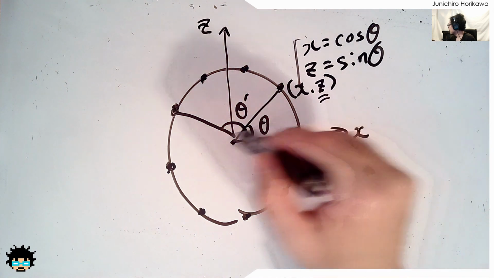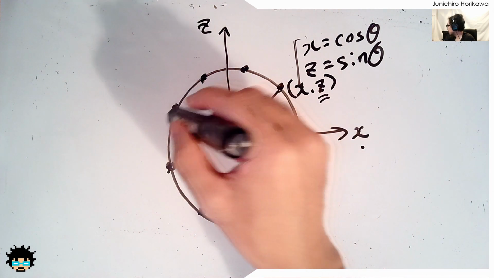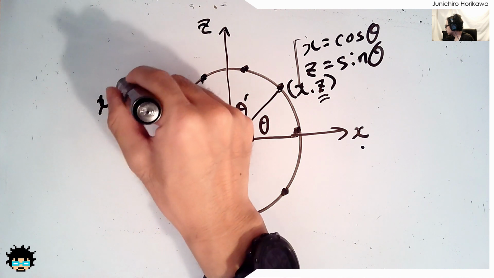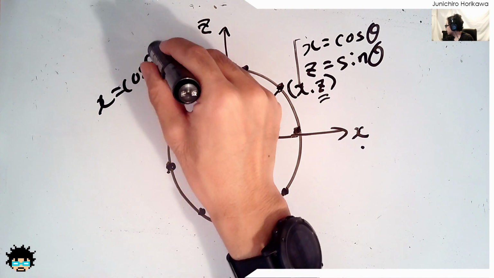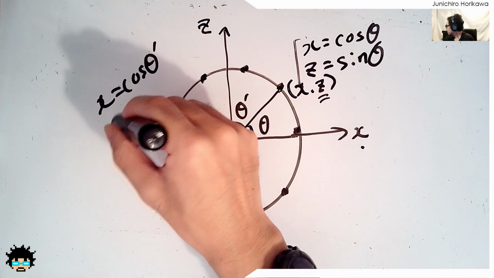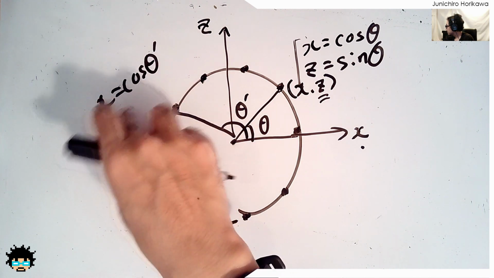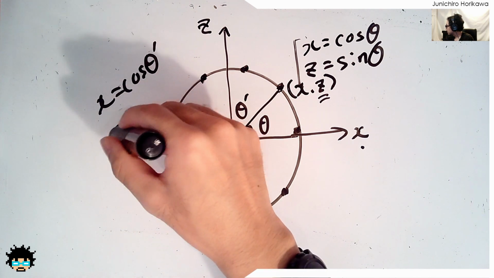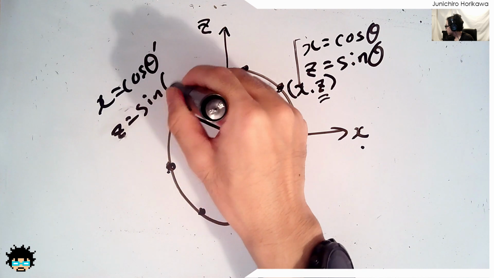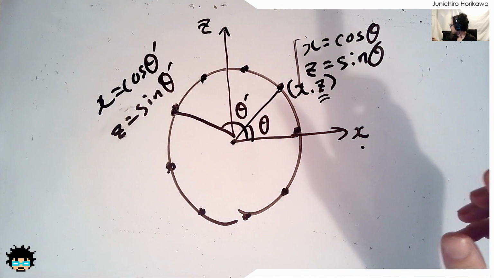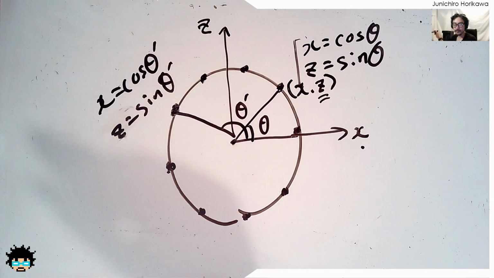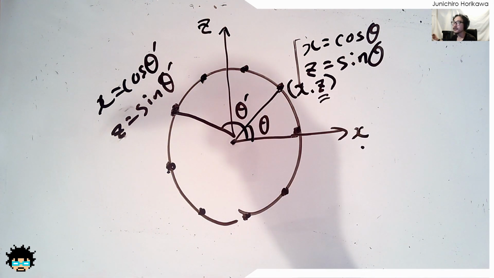And the same for this one, if you want to get this value, then X is equal to cosine theta, and Z is equal to sine theta, like this. So, based on this information, let's try to create a circular point coordinate